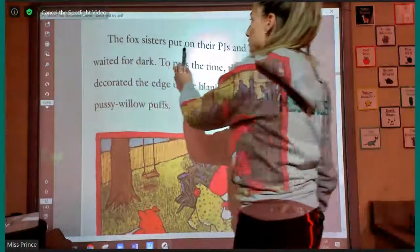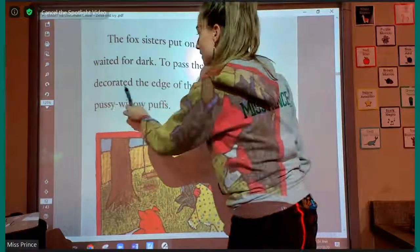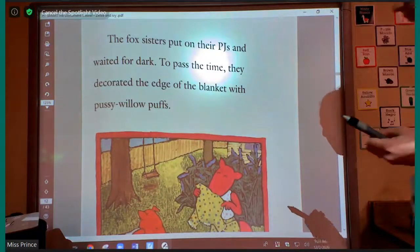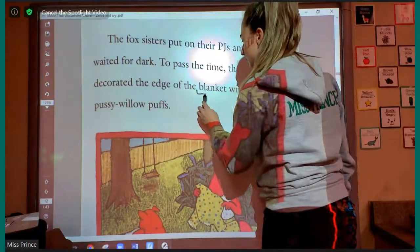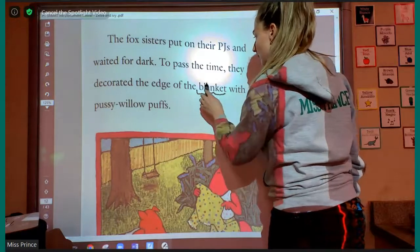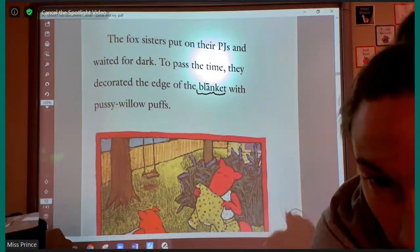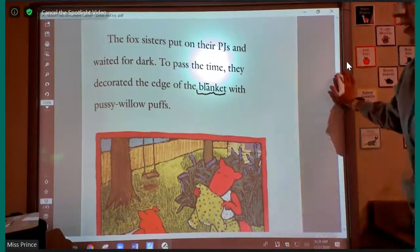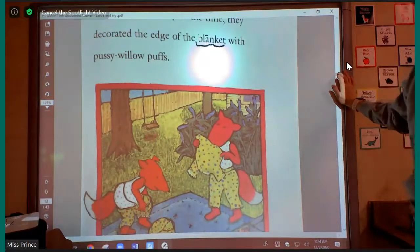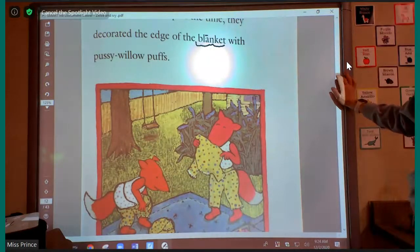The Fox sisters put on their PJs and waited for dark. To pass the time, they decorated the edge of the... Okay, I need some help with this word. The edge of the... Maybe I can use my picture to help me. Deleza, can you help me with this word? Use the picture to help you out. They decorated the edge of the...